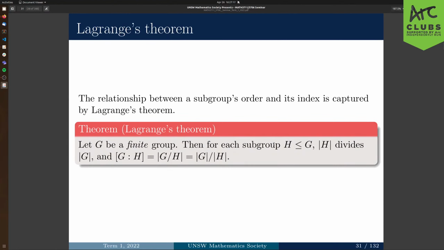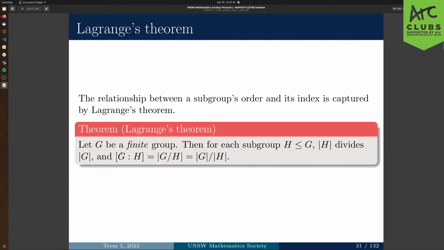One important theorem when we're talking about index and cosets is Lagrange's theorem. This is a relationship between a subgroup's order and its index. If you start with a finite group, finite being important here, then every subgroup's order is going to divide the order of the big group. So every subgroup's order divides the order of the group, and moreover, the number of left cosets of that subgroup,